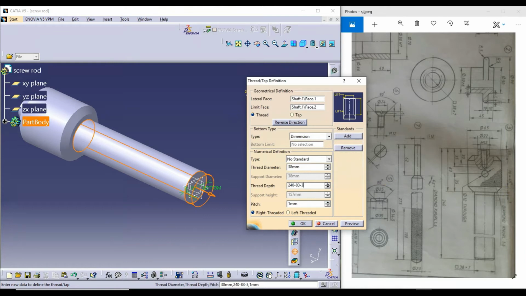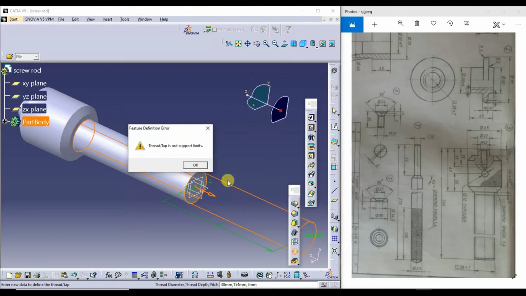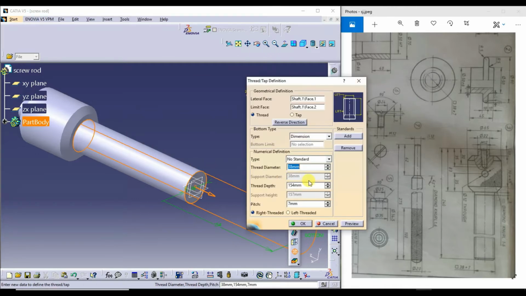Pitch is 7 because it is 38 into 7. 7 is a pitch. So preview. Thread tap is out of support. So I'll check once again.